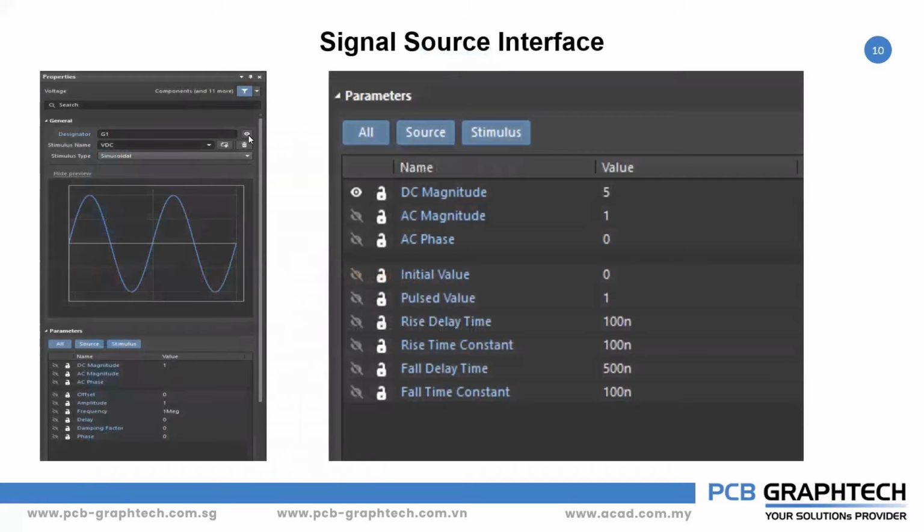Next, about your signal source interface. The signal source interface is about the input signal to the simulation models. For example, here under the properties, if you open any one of the signal sources, the designator is the name we are giving it, and the stimulus name will be the name of the source. It can be a voltage source or current source, whatever it is, you can give. The plus symbol is to increase the number of sources, because most probably when you add the source, we will be using the same source a number of times, because we will not change the parameters for the source.